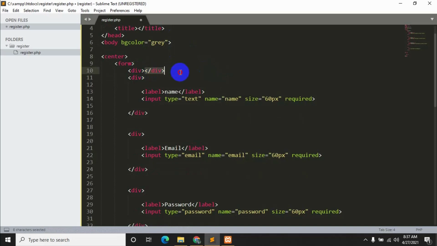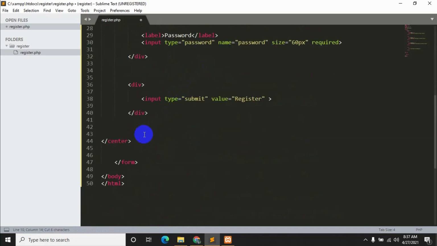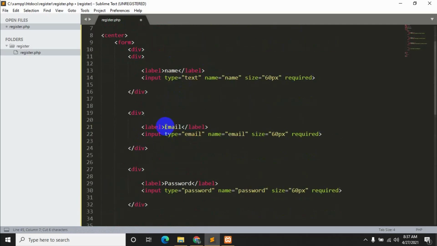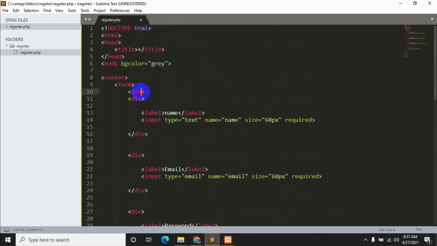Let's cut this and we'll paste it over here, and inside this div we'll say style is equal to